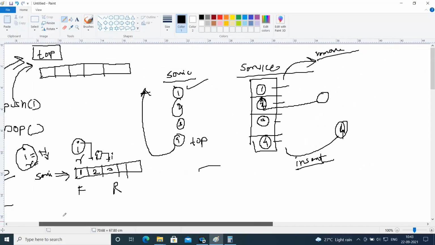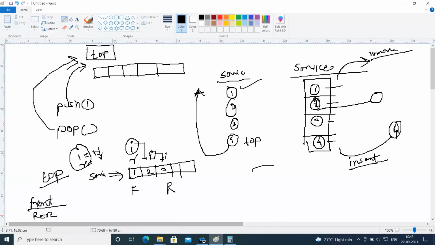Front is the index from where we remove the element from the queue, and rear is the index where we insert an element in the queue. Remember, front for removing the element from the array or queue, rear where you want to insert a new element.